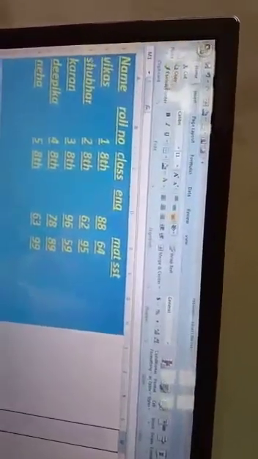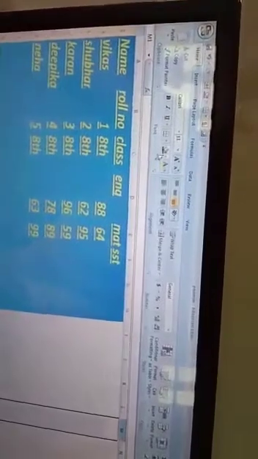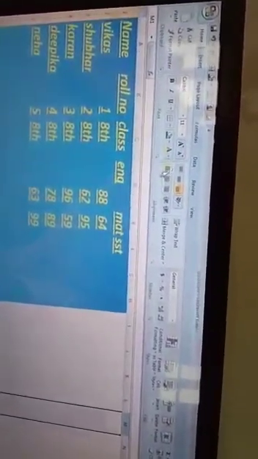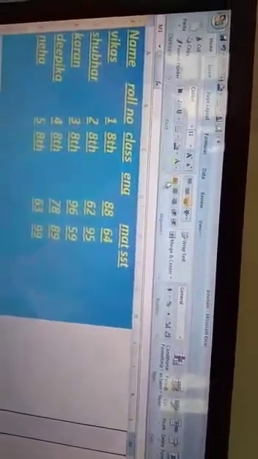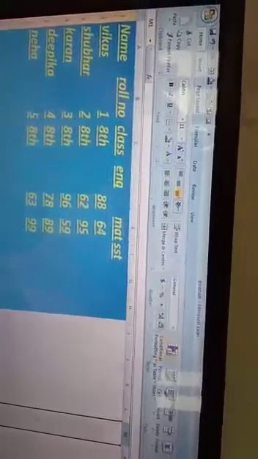BIU, color, and changing the alignments: right alignment, center alignment, justify alignment. This is called the formatting toolbar.